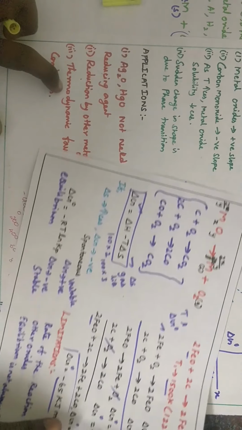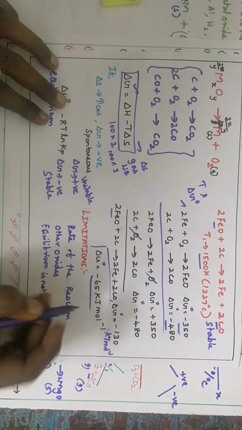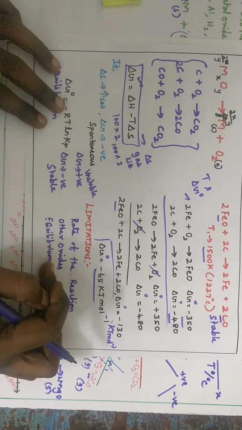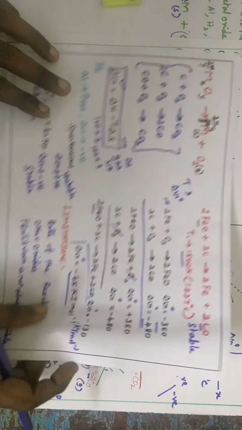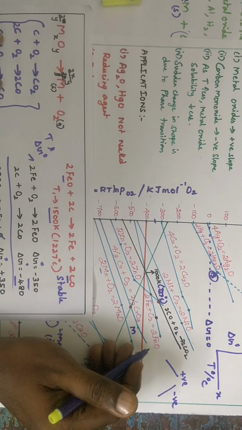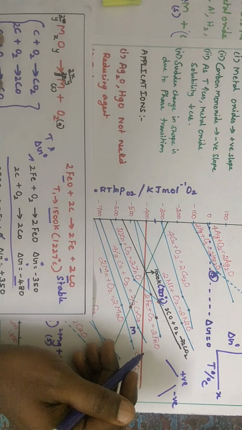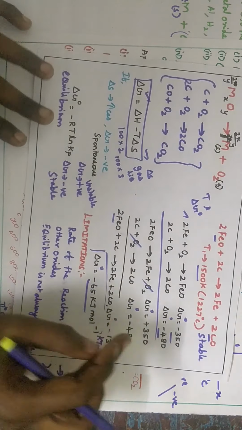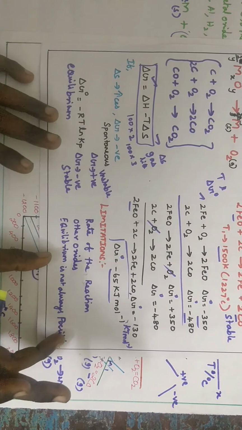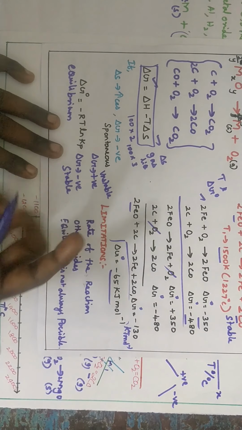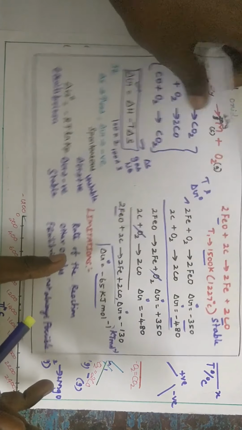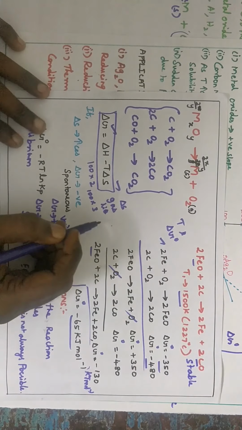This is the third application. It has some limitations. The rate of the reaction is not explained by the Ellingham diagram, and the reactions of other metal oxides are also not explained, because in this case they mention Fe plus O2 gives FeO. Why does it not form Fe2O3? Why not Fe3O4? It was not explained by the Ellingham diagram. Third, equilibrium is not always possible because the product is not retained for so long, so any time it can be reversed. So equilibrium is not explained by the Ellingham diagram. These are the 3 limitations of the Ellingham diagram.